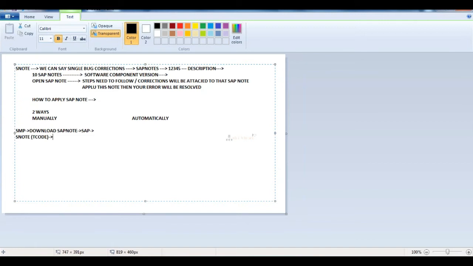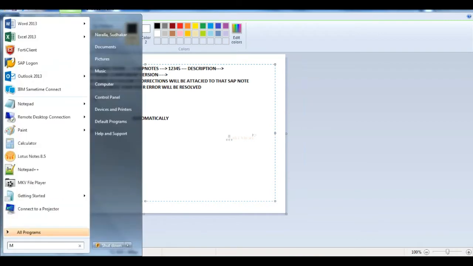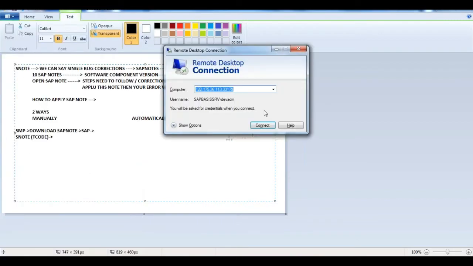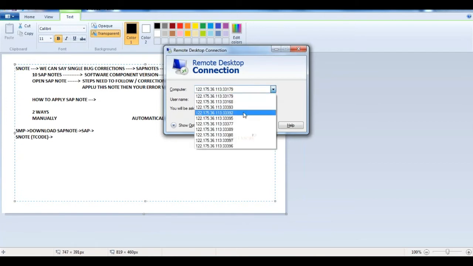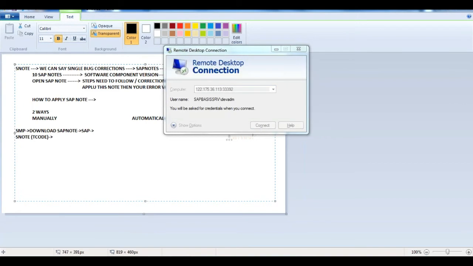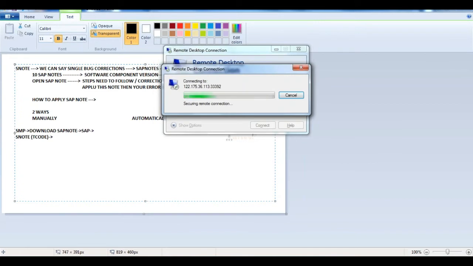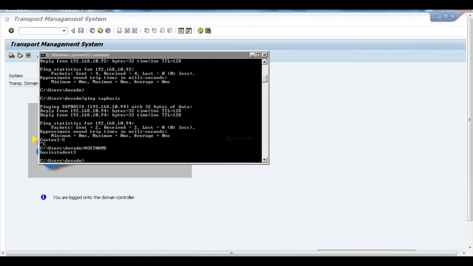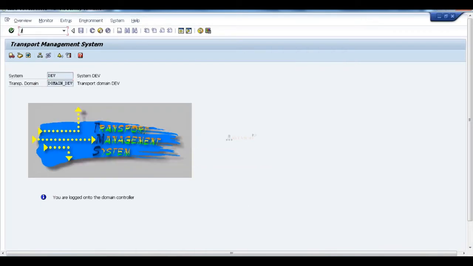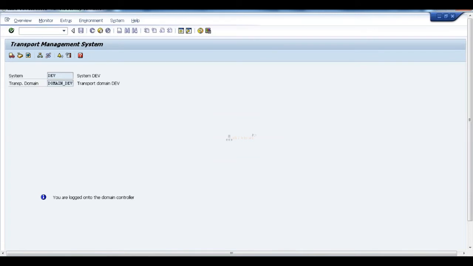In the S-Note T code we have some options. Slash and S-Note.